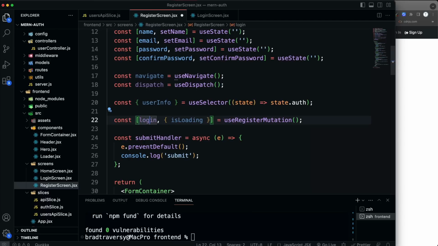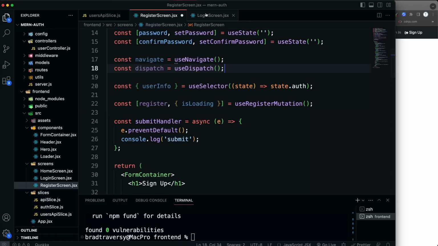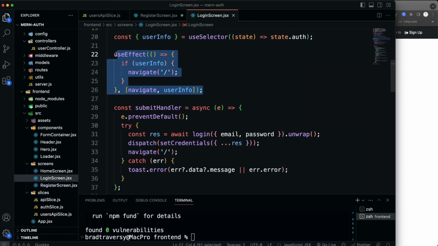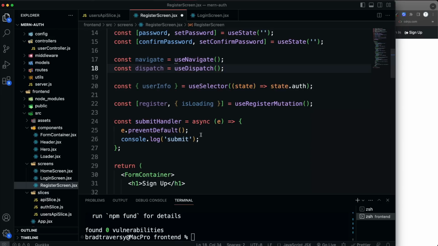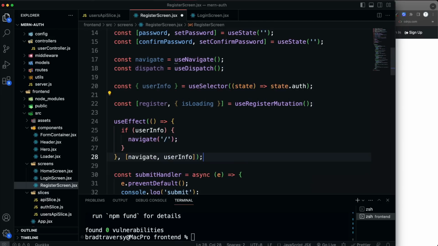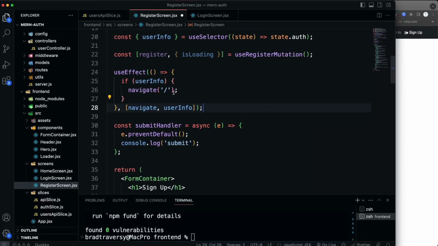And we'll call this, instead of login, we'll call this register. And then for the use effect, just like we did here, we're going to check for the user. And if there is a user, we want to navigate to the home page, because obviously we don't want you to go to the register page if you're already logged in, you're already registered. So that can stay the same. And then in the submit handler,